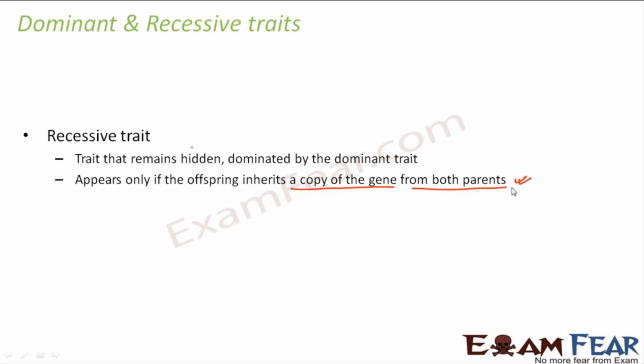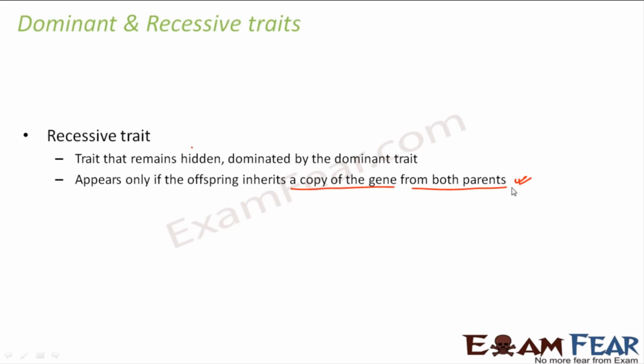Not very clear, right? So, let us take an example of any recessive trait. I took the example of eye color. The blue eye color is a recessive trait, right? So, now when a person has a blue eye color, what does that mean? That means the recessive trait got expressed in that person. So if that person inherits a blue eye color from his father as well as a blue eye color from his mother, that means if both the parents contribute the same recessive trait, only then it gets expressed in the offspring.